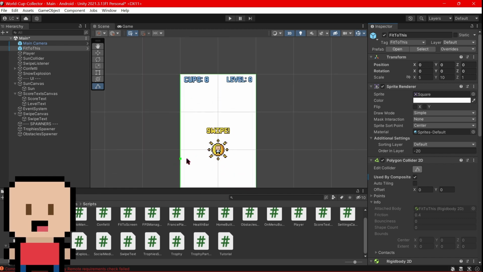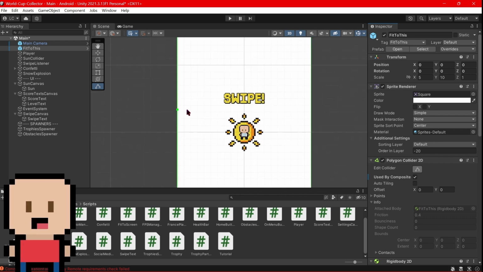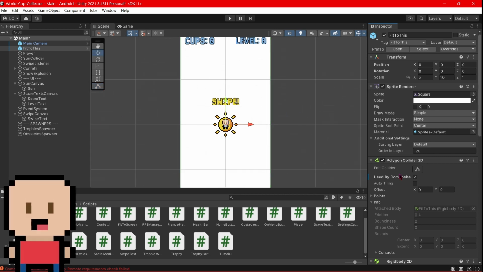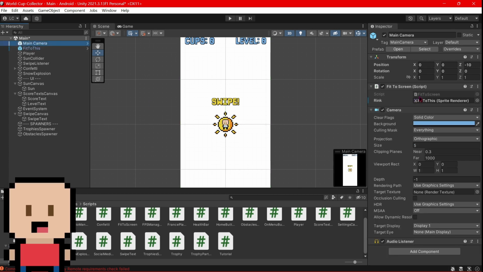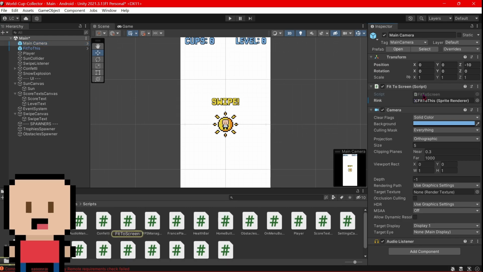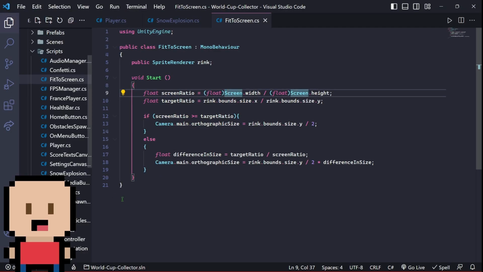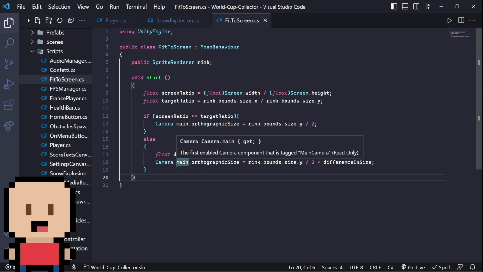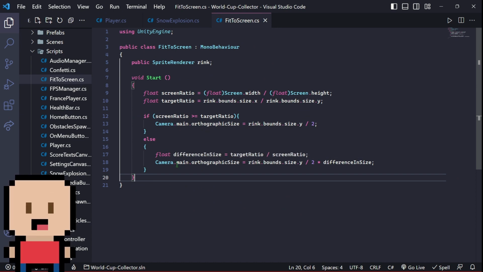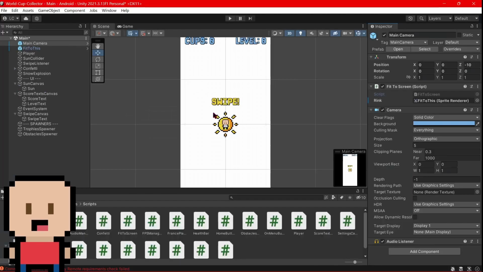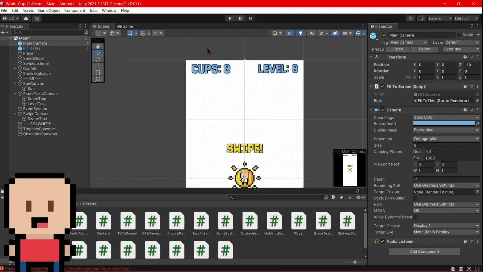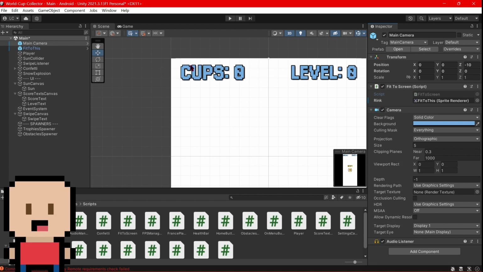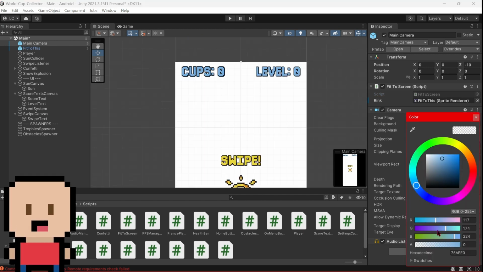So now when the player collides with this border, its position is changed. And the important thing about this fit to this is that it's used like a ring. The main camera has a script named fit to screen, and I don't fully understand this script. I watched a YouTube tutorial to make it work, but what it does is basically make the camera the same size as this fit to this, and then the background is set to a different color, let's say,